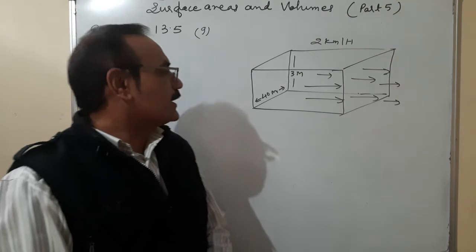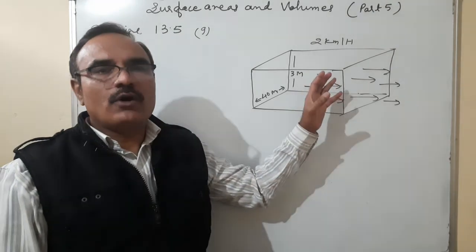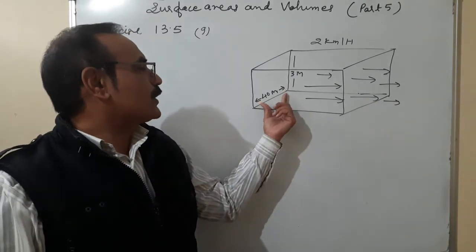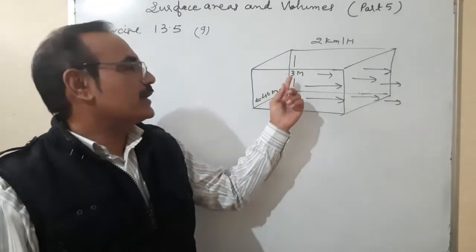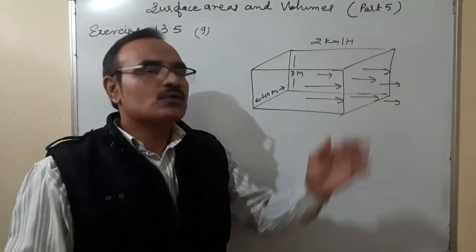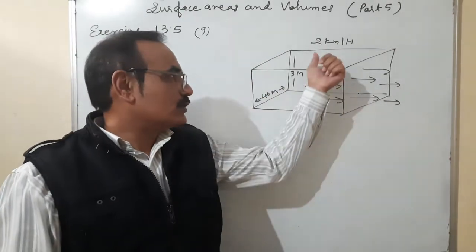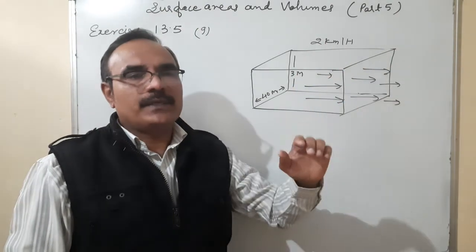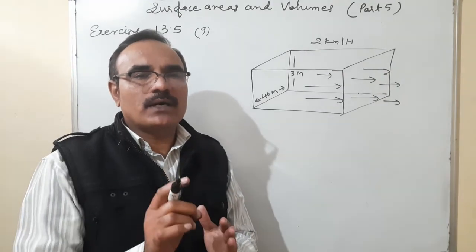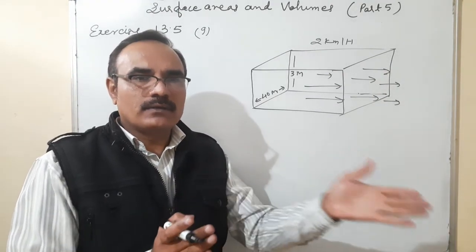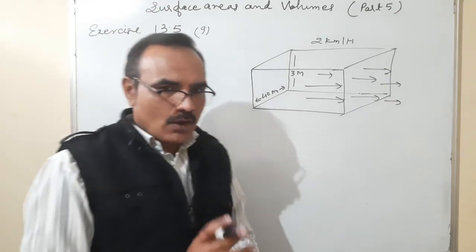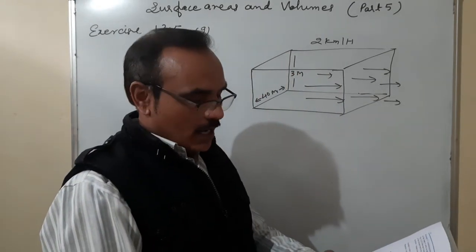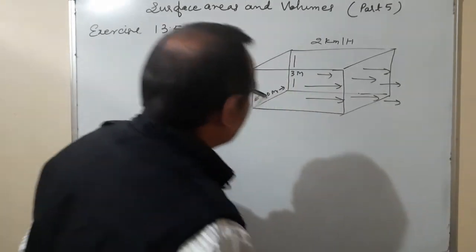Here we will understand one thing. This is the blockage of water which is flowing in a river. The breadth of the river is 40 meter and the height, that means the depth of the river is 3 meter. It is flowing at the rate of 2 kilometer per hour. So first of all, we are converting it into meter per minute, because the question is asking that in 1 minute, how much water will be flown from it? Or the exact line says that how much water will fall into the sea in 1 minute.